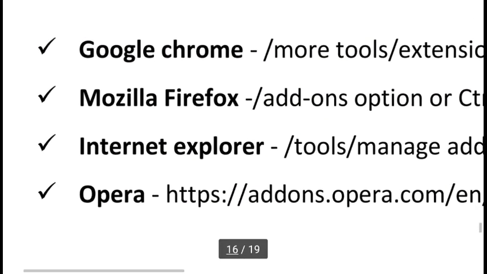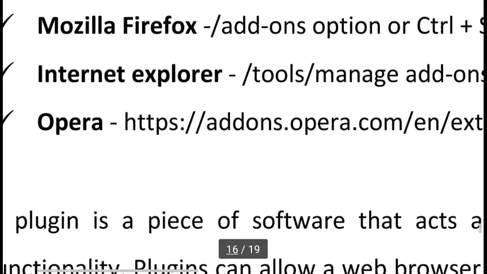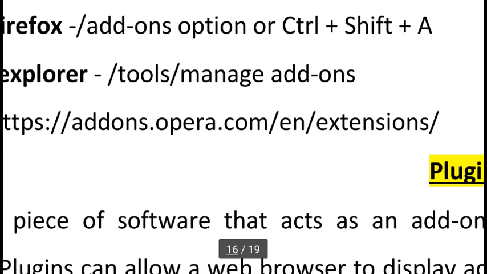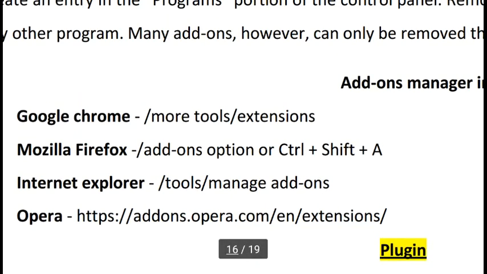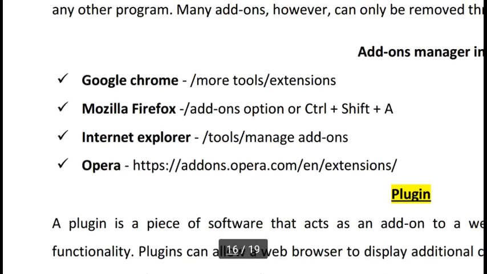In Internet Explorer, we can use Tools and Manage add-ons. And in Opera, it is addons.opera.com, en and extension. So using these locations in different browsers, we can see the add-ons manager, and in this add-ons manager we can add a new add-on, or we can also remove the add-on.